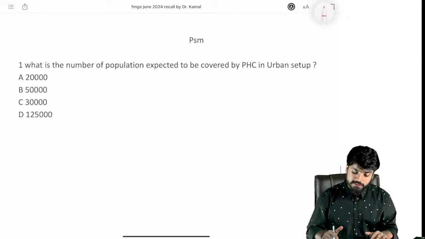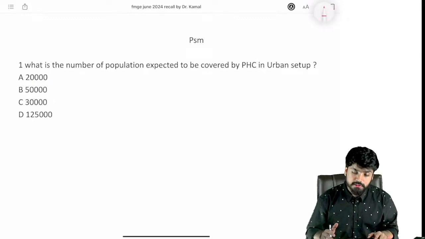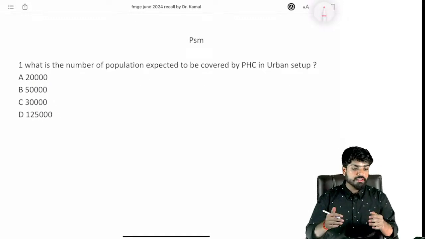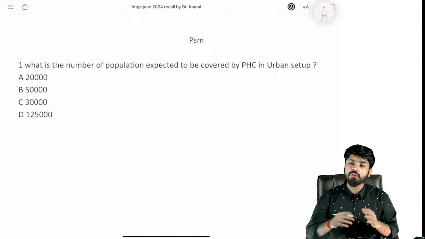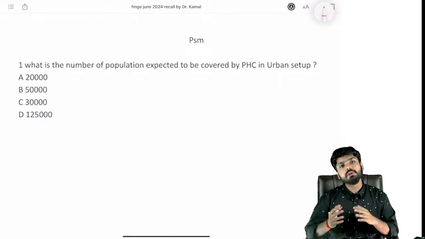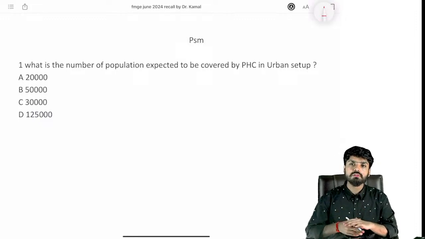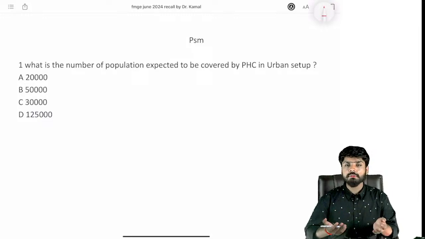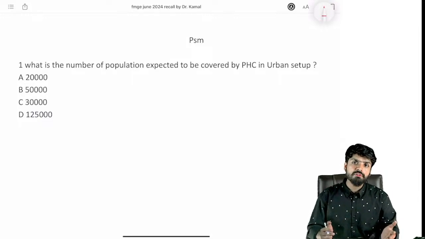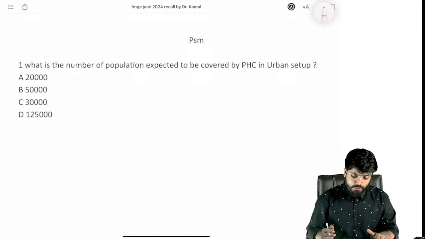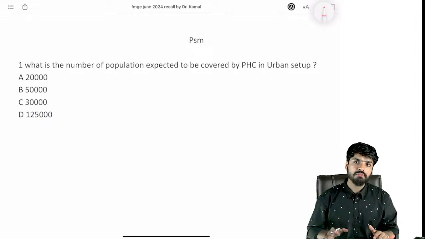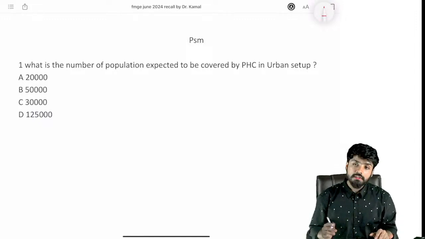And the last subject for today's evening is PSM. I know PSM is included. PSM has a lot of questions, but I didn't include many of them because many were straight away PYQs or straightforward questions. I tried to make an easy kind of recall session because there are many questions.